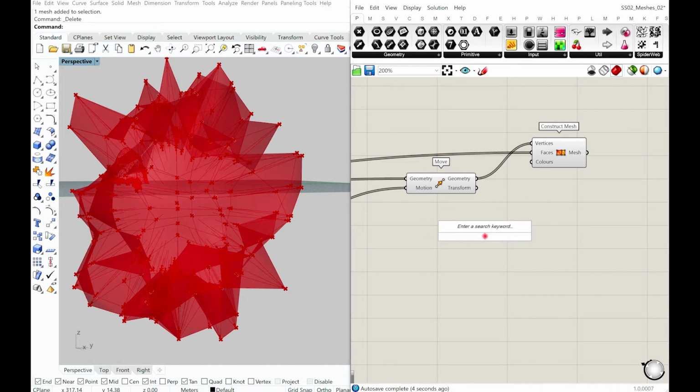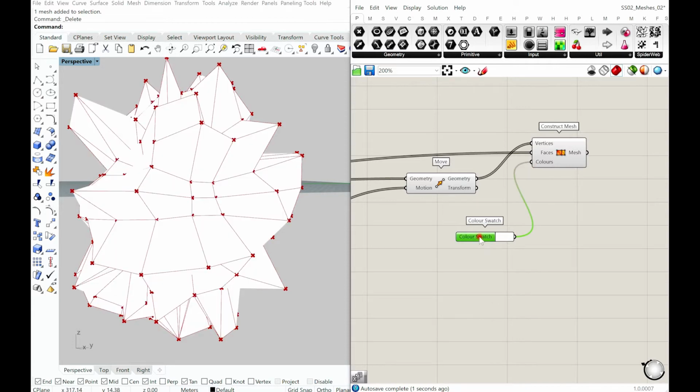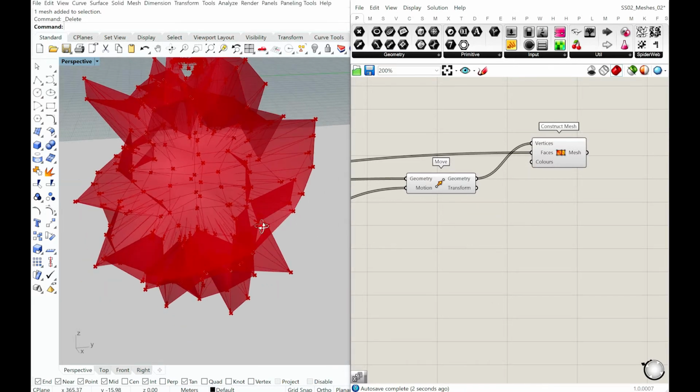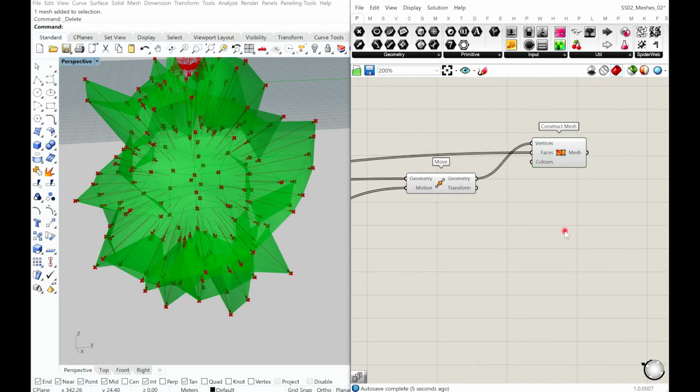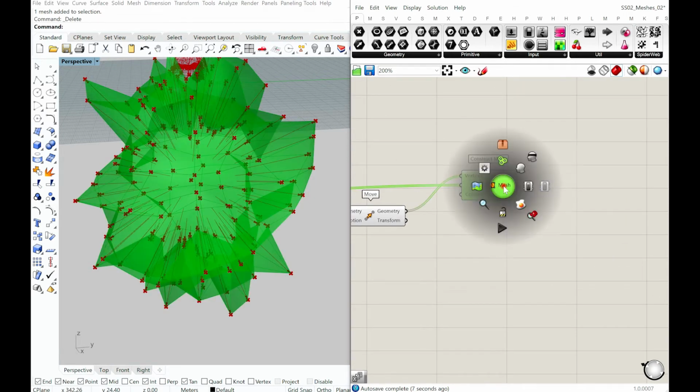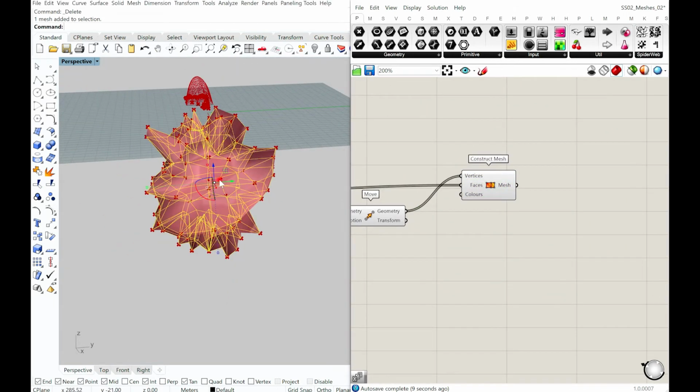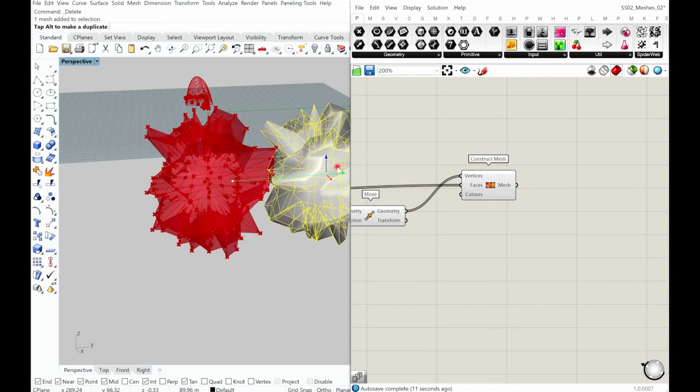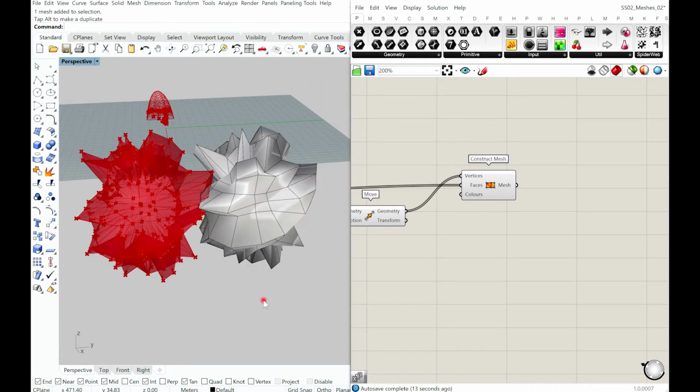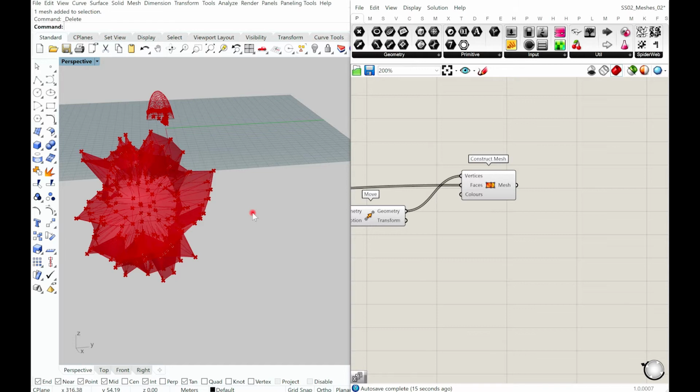I don't know if this will take that color. Maybe I'll take the color part later once we have a complex mesh. Now I have a mesh here, but this is not a smooth mesh because it's pretty much like this. Now to smoothen a mesh, there are various algorithms